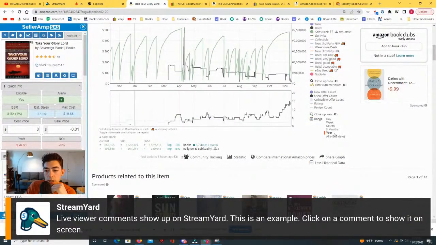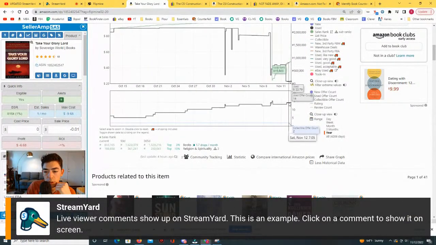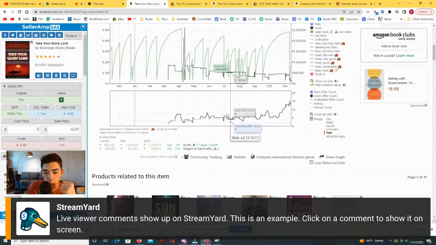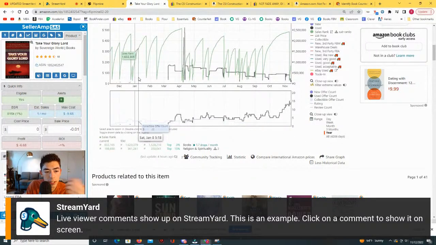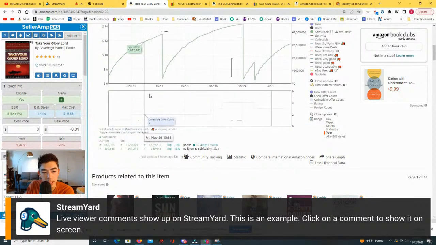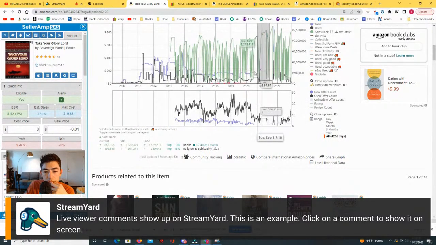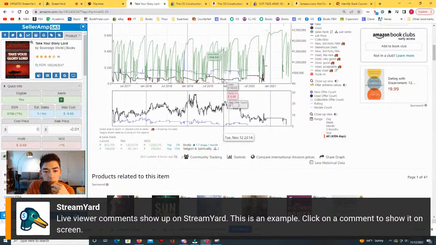But probably the reason we see this is that recently there's been an uptick in used offer count. You can see that when this book was selling for over $100, used offer count was between 3 and 5. And then all of a sudden when the price dropped, there are 14 or 15 people on the listing. So these added sellers are what bring the price down. Now, what's interesting to me is that in the past, in December and January, this book sold for $12 and $13. Basically, as soon as it came into stock, someone bought it. And if we look further into history, we have sales all over the board, as high as $60 or $70,